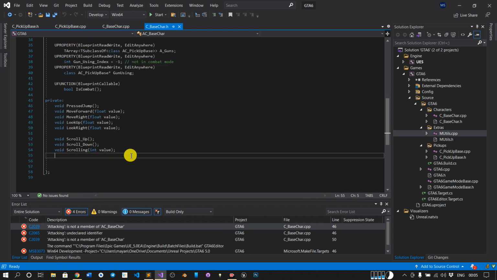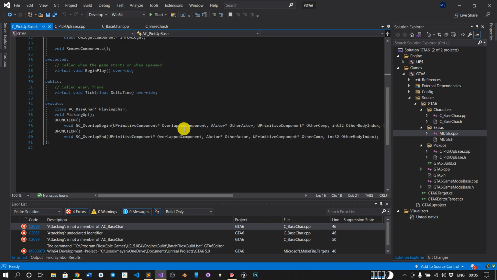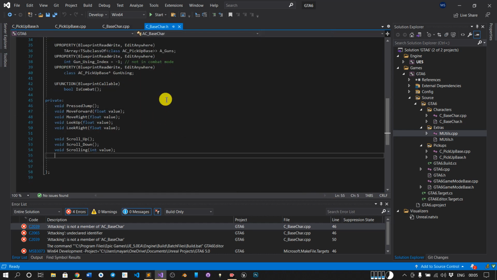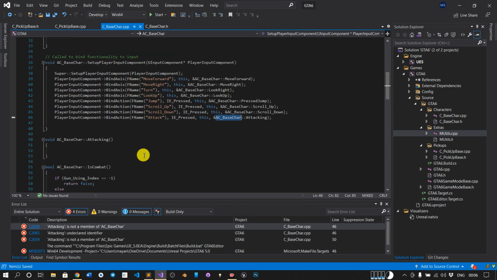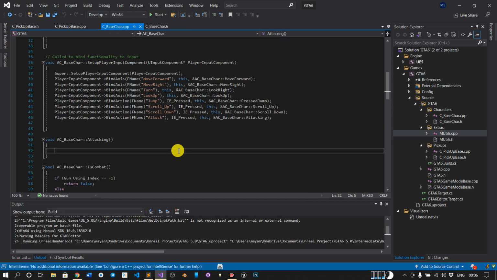Attacking. Okay, we haven't. So I think I have written the definition somewhere. Okay, never mind. So void Attacking. So I have created the definition here. So now we can write the code. So Control Shift B again.